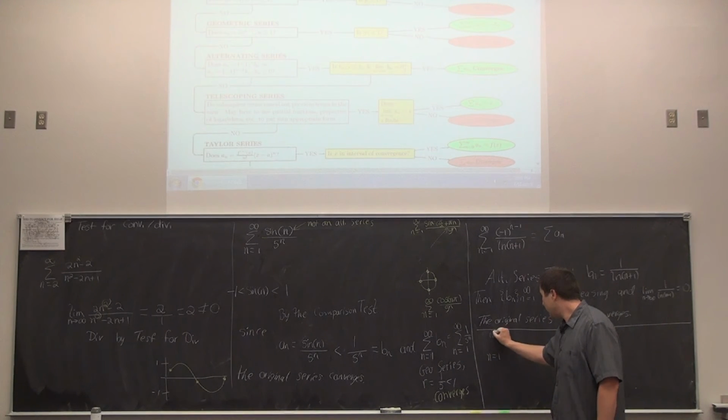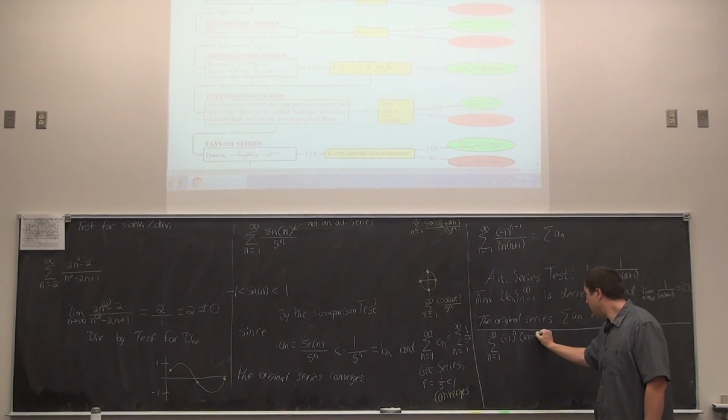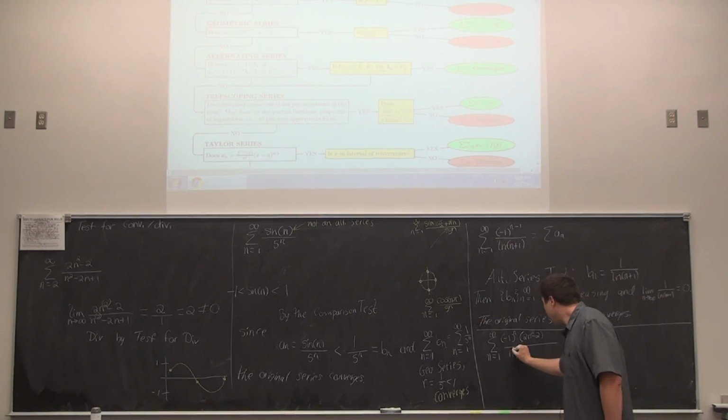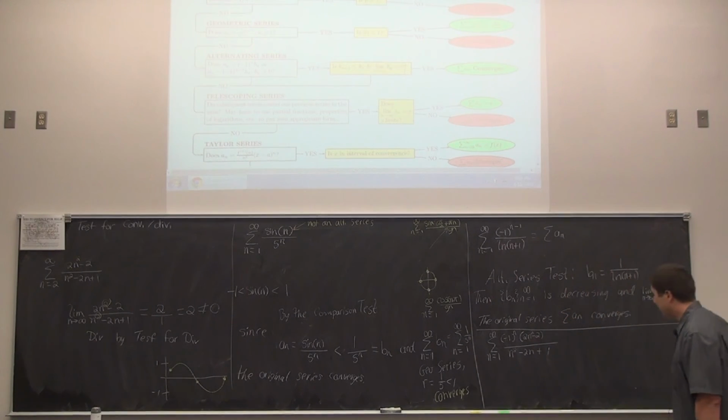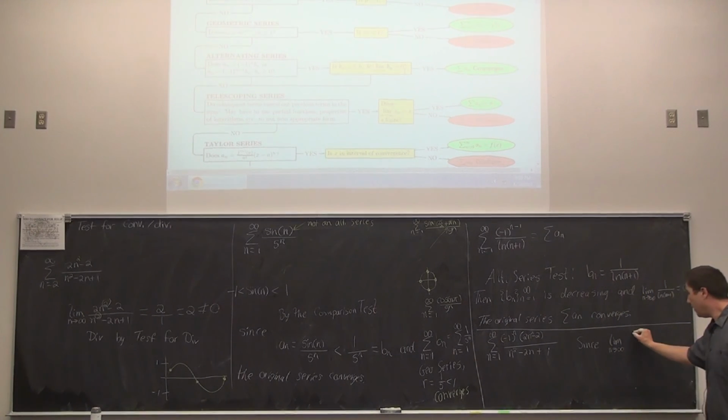So let's suppose it was the summation from 1 to infinity, and let's let it be negative 1 to the power of n, so it's alternating. Throw in a 2n squared minus 2, like before. I'm really just grabbing that one over there. In the denominator, it has n squared minus 2n plus 1. So if you had this as the series, now it's alternating, and we can say, since the limit as n goes to infinity of (2n squared minus 2) divided by (n squared minus 2n plus 1) equals 2,